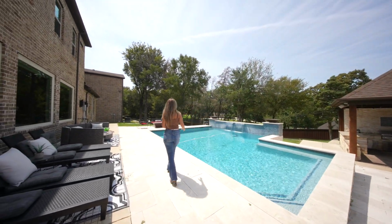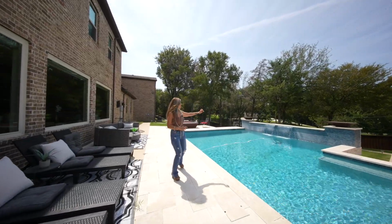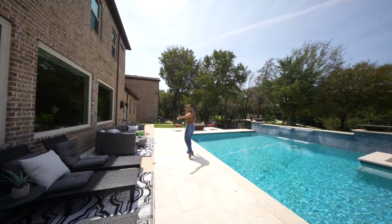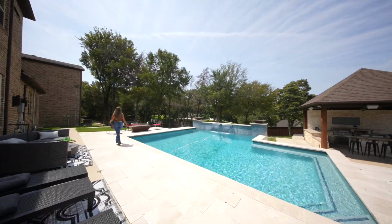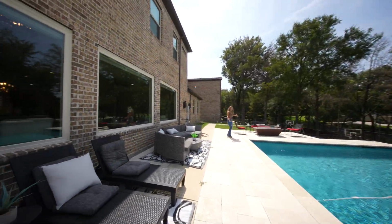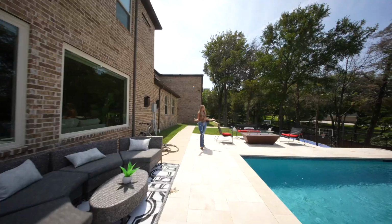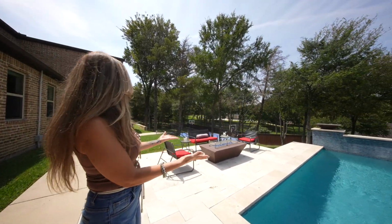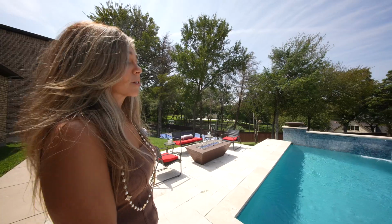Beautiful, you know, waterfall coming in. Like the backsplash of it all. Nice size pool, and just the sitting area that you have here. They put a fire pit out here. Just think, spending hours and hours with your family or entertaining with your friends. Not only that,